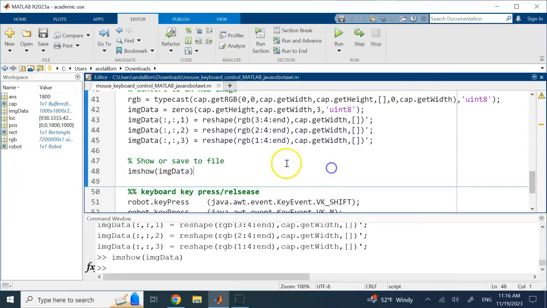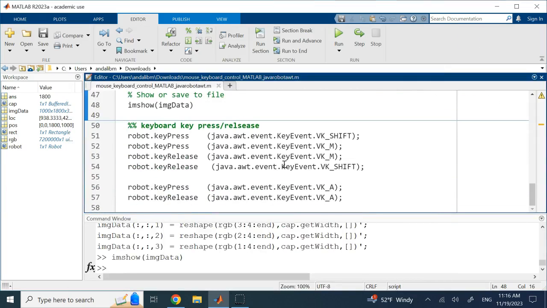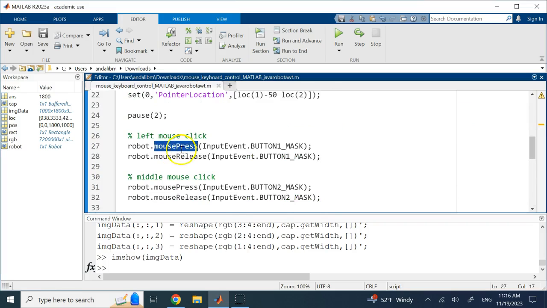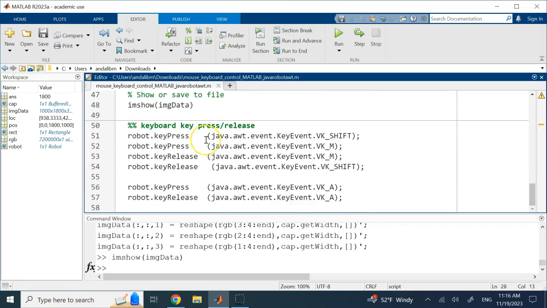So this is capturing the screen. Finally, if I want to know about pressing a key from the keyboard or releasing that, what do I do? It's very similar. Use the command robot.keyPress or robot.keyRelease, which we had earlier, but it was mouse press and mouse release. This time it's key press and key release. And to that, you need the Java